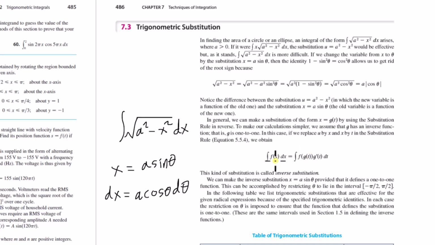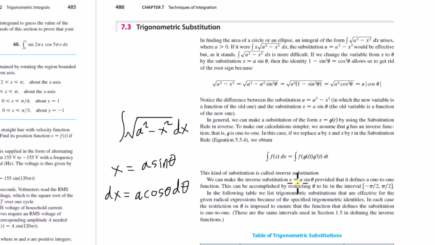The f of x, which has like a square root that we can't work with, ends up becoming this f of g of t that is something we can work with. Okay? This kind of substitution is called inverse substitution. We can make the inverse substitution provided that it defines a one-to-one function. Okay? So to do this inverse substitution, we need to have a one-to-one function,